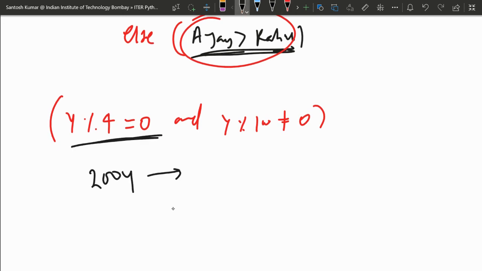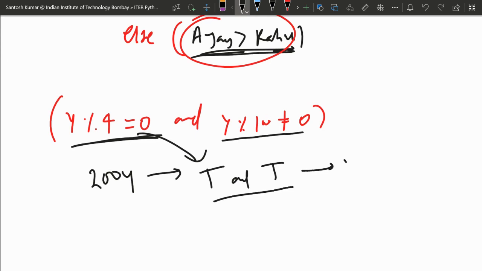You will divide by 4, true. And is it not equal to 0 when divided by 100? Yes, so it's true. True and true is true. So this is a leap year.